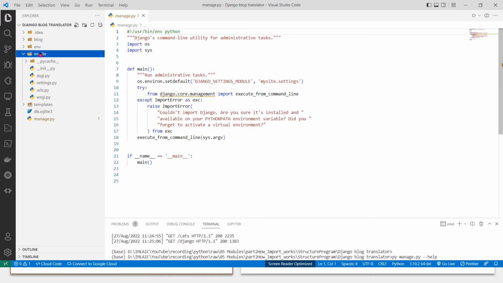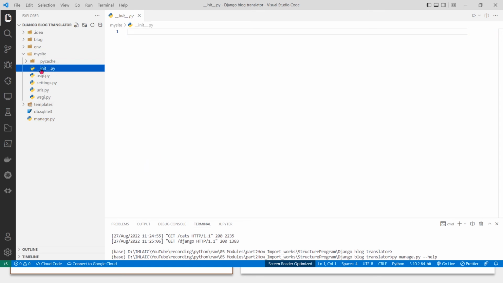In this project, mysite is a package. Why? A package consists of a certain number of modules in it. So asgi.py, settings.py, urls.py, wsgi.py, these are all modules inside that package. But how do you say this is a package? What is the difference between a folder and a package? The only difference is if it has the double underscore init double underscore dot py file. If it has this init file, that means it is a